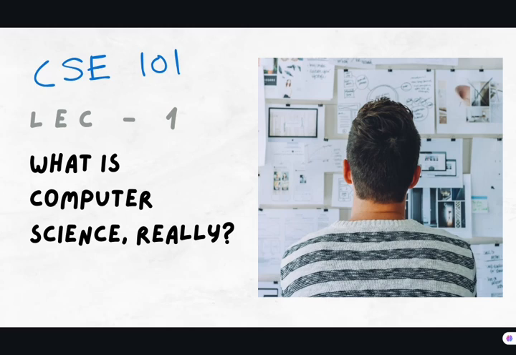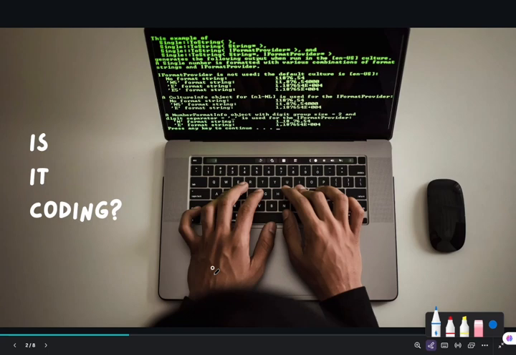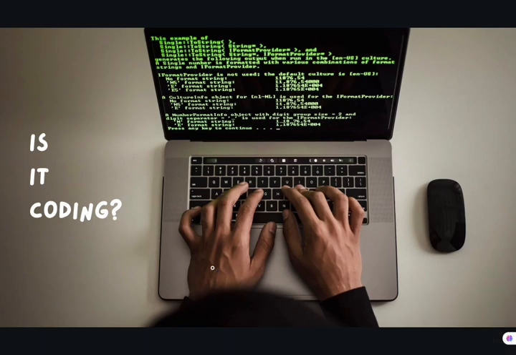Many a time we ask ourselves, what is computer science? And most of the time people answer it like this. They think that it is coding, but is it really coding? Well, the answer is yes and no. So computer science is not entirely coding, but coding is a part of computer science. In CSE, we learn a lot of different programming languages like Python, Java, C, C++. Nowadays, Rust is also getting really popular. All these languages help us to build various computer programs and applications.